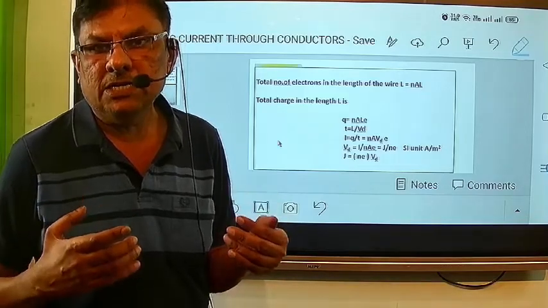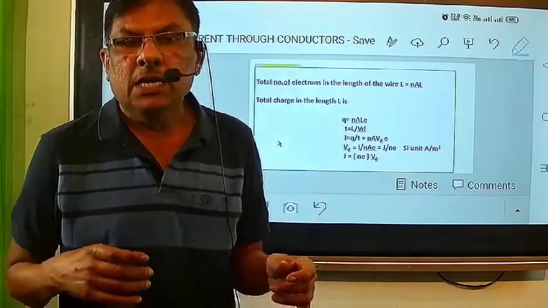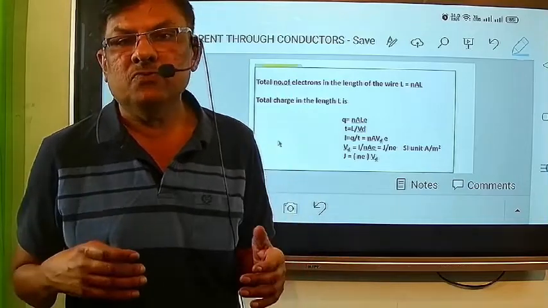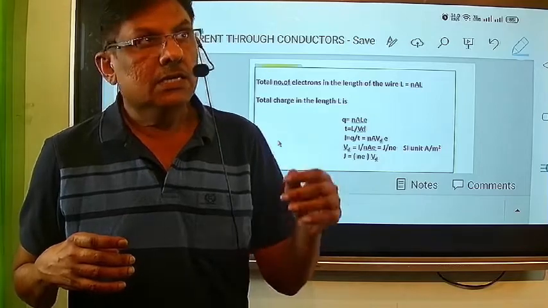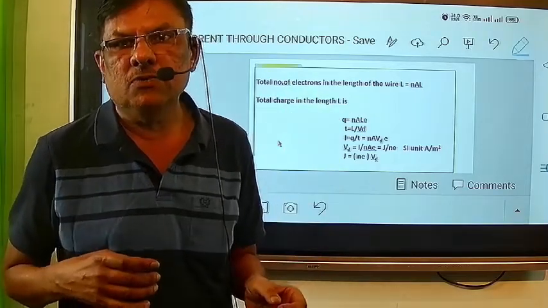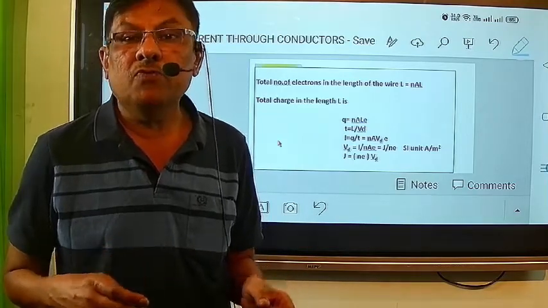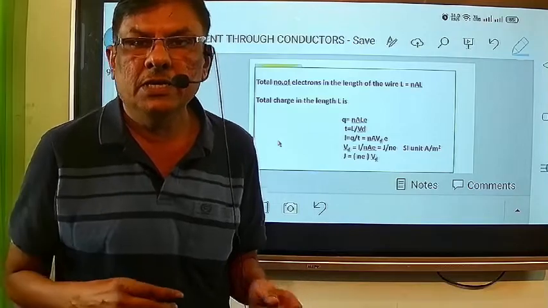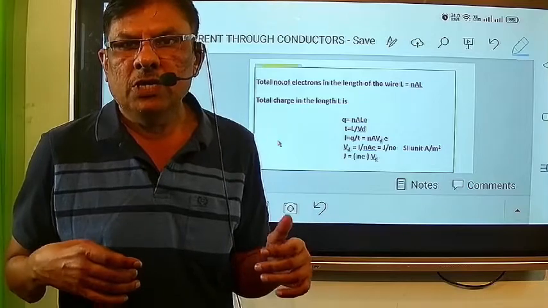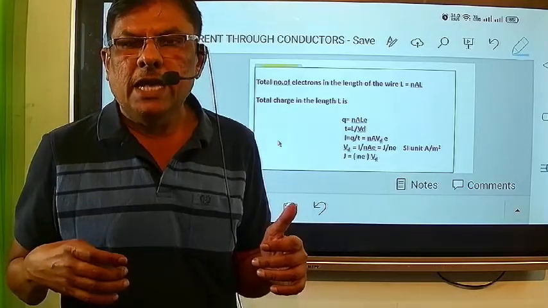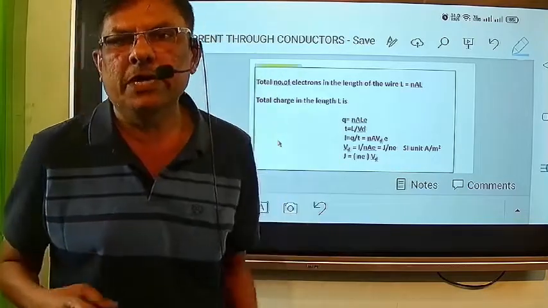If you touch a conductor or a copper wire, for example in a household circuit where current is flowing through the copper wire, and by some reason you touch that wire, you will get a shock. That means the electrons which were flowing through that wire, because a human being is also a good conductor, and therefore the area of cross section which we touch to that wire,